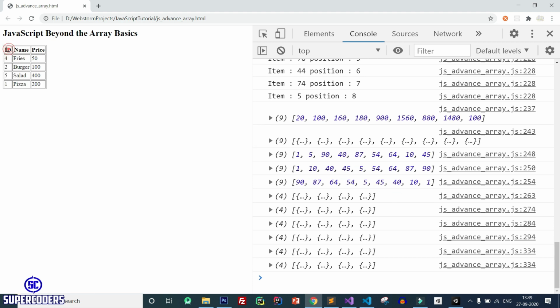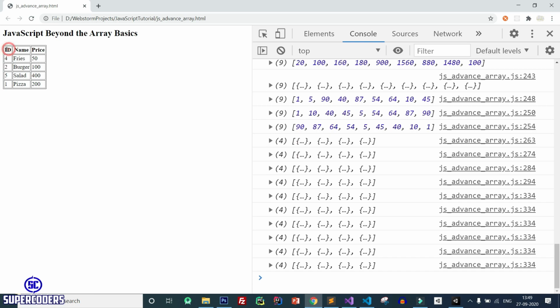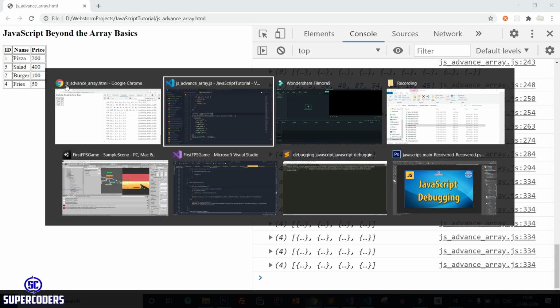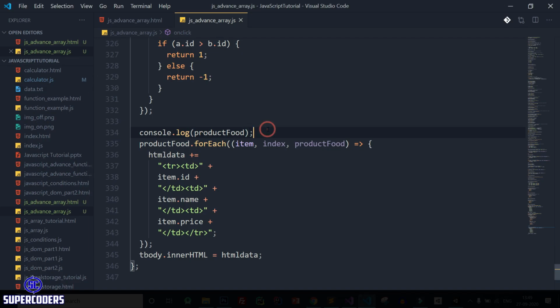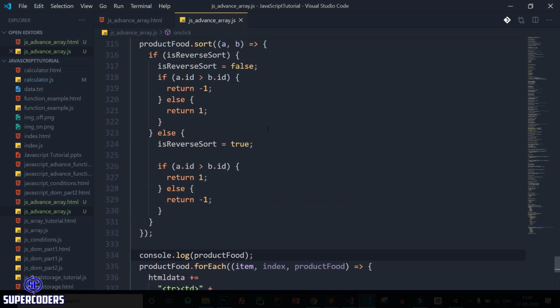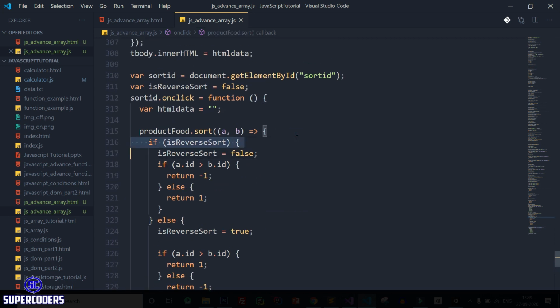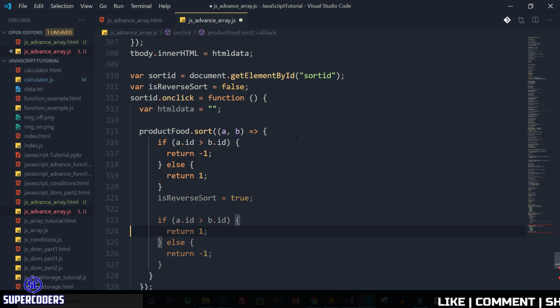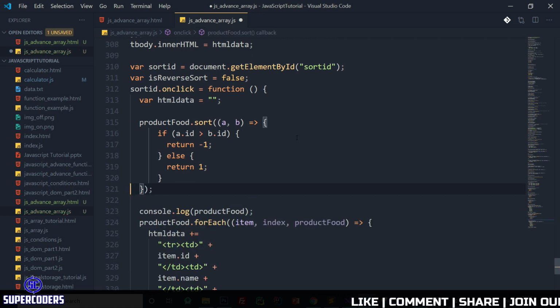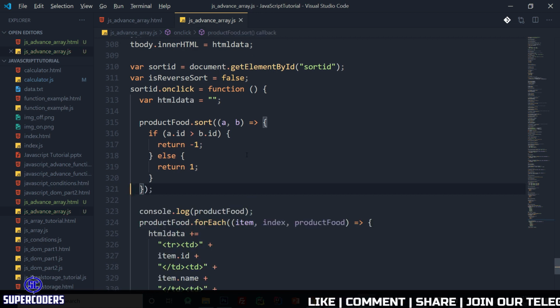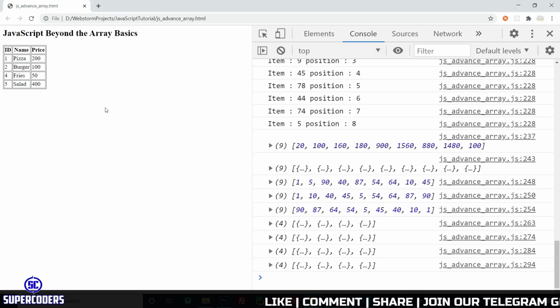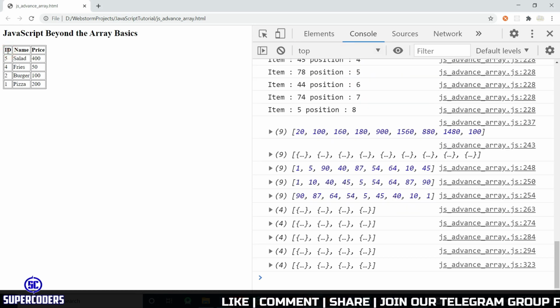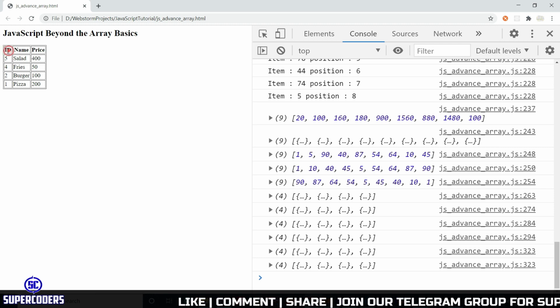So here it's working in the wrong way. So let's fix this error. Back to VS Code, let's remove this console or leave it, and here I think the problem is here. Remove this and remove this. Also remove this and save it. Now back to Chrome, refresh the page, and if I click on this, you can see our items are sorting perfectly.